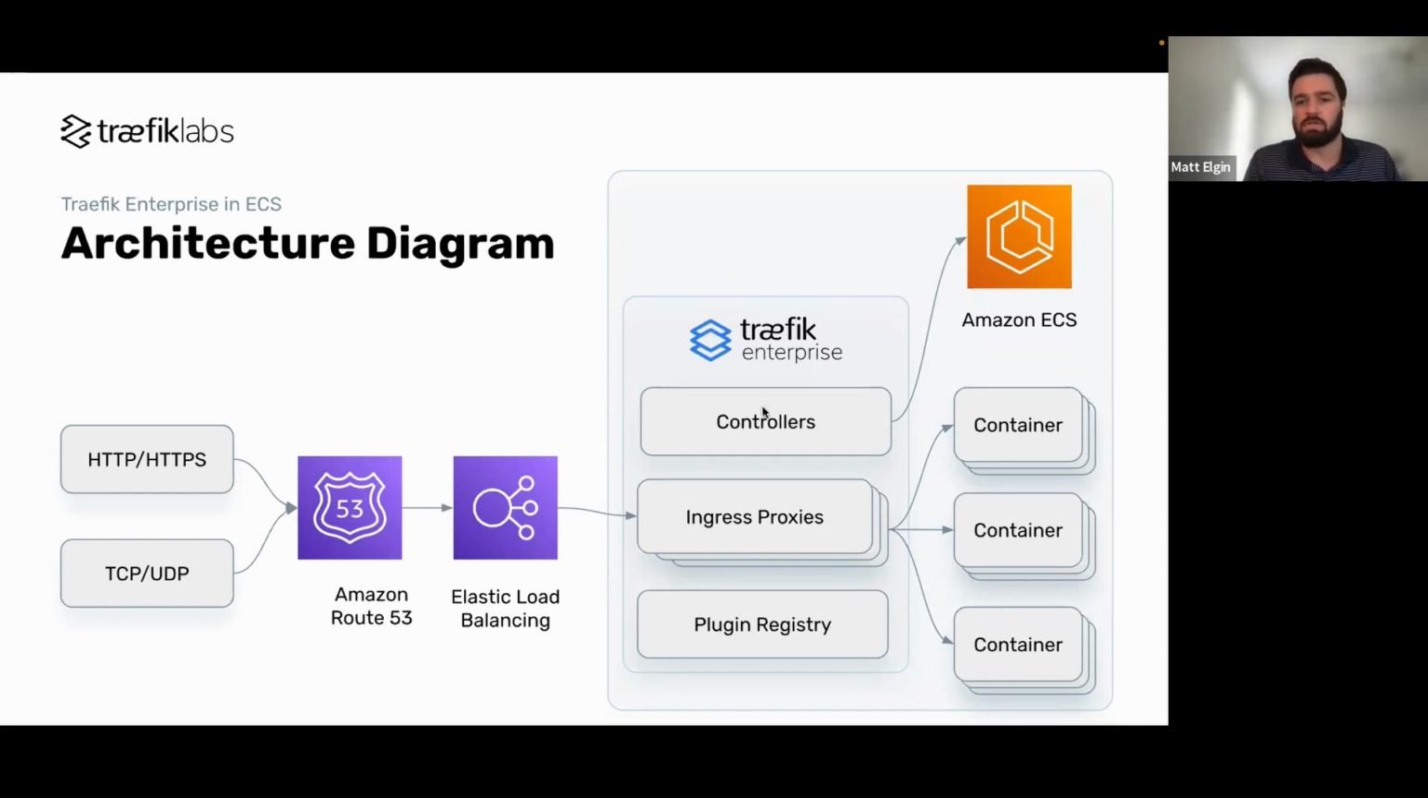So with those out of the way, we can now focus in on the resources that are actually running within our ECS cluster. So obviously we've got one or more services that are running in the back end. These can be our APIs, our applications, running containers as ECS services. The Traefik Enterprise cluster within the ECS cluster is going to comprise those components that we just mentioned on the